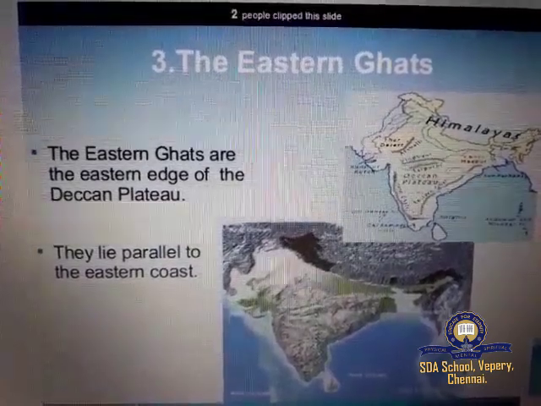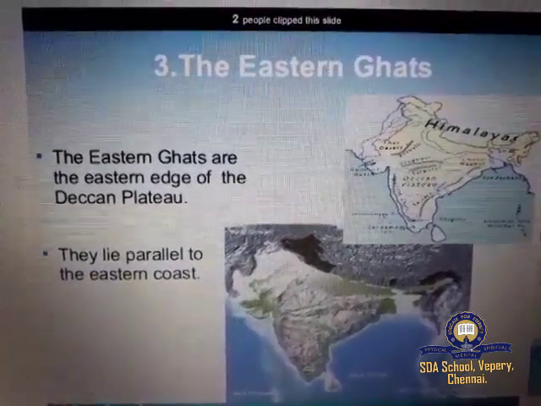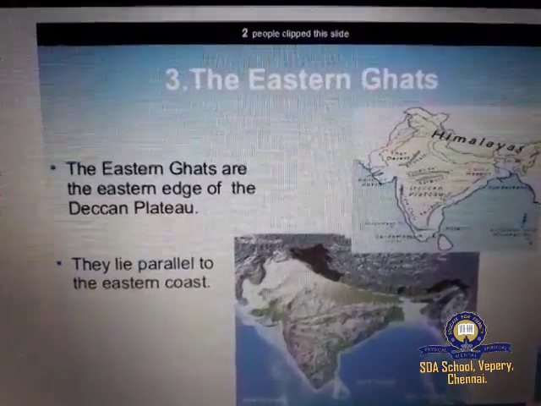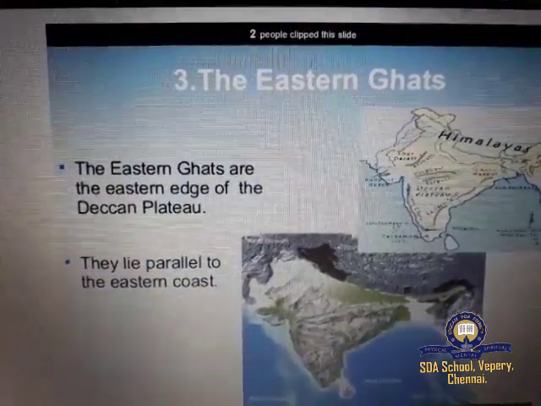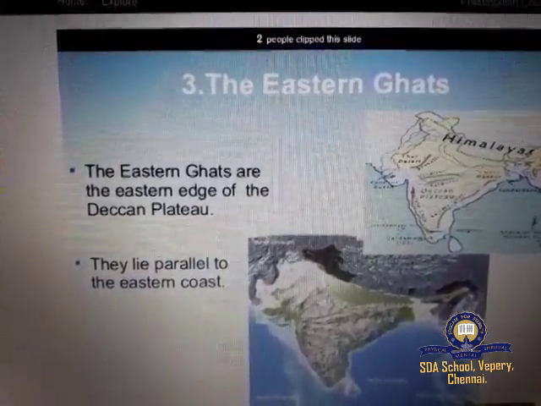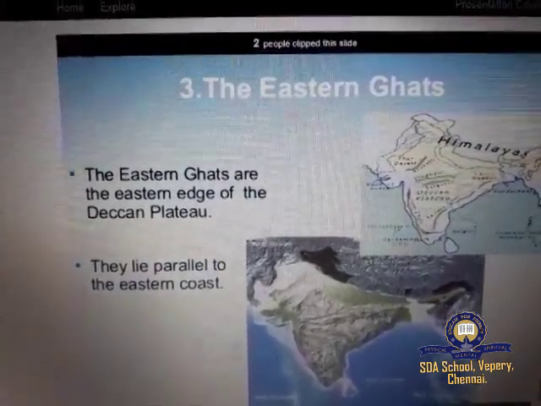The Eastern Ghats. The Eastern Ghats run from southwest to northeast and form the eastern edge of this plateau. This range is also called Purvadri.